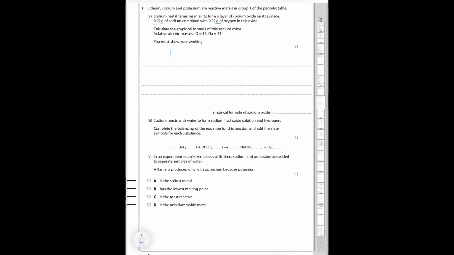So first of all, we need to put the elements that we have. So we have sodium and we have oxygen. Then the first part is we write down the mass of each of the elements. So we have 0.92 and we have 0.32. Then the second part of the process is we work out the number of moles, because moles is mass divided by molecular mass. So if we divide the mass by the molecular mass, that would give us the number of moles. So we would have 0.92 divided by, and if we look at sodium, it's 23,